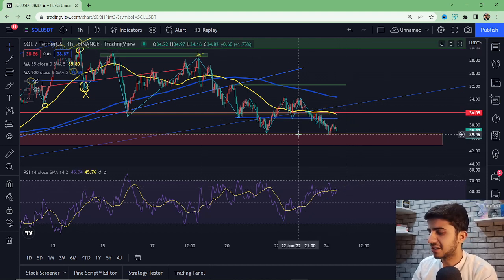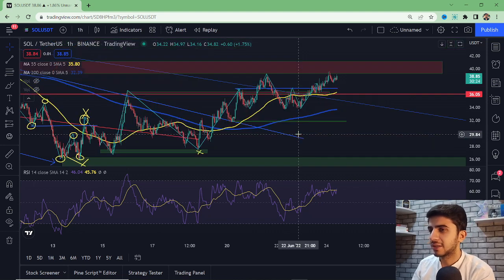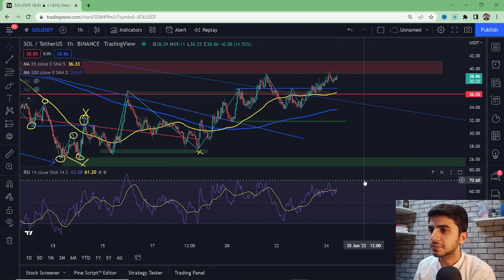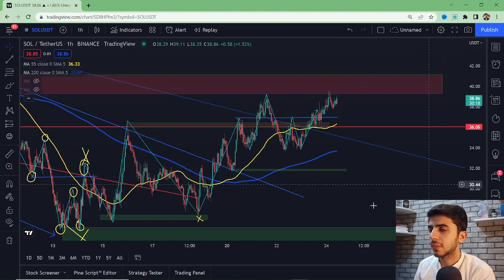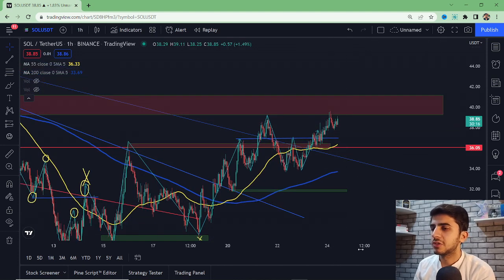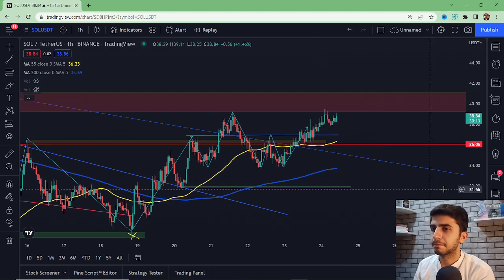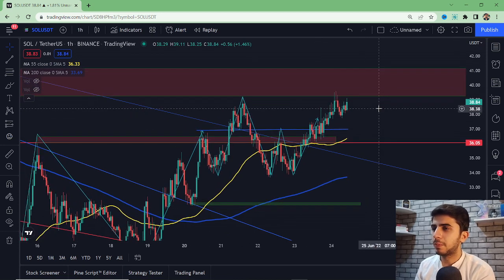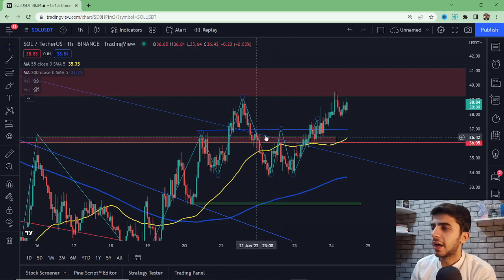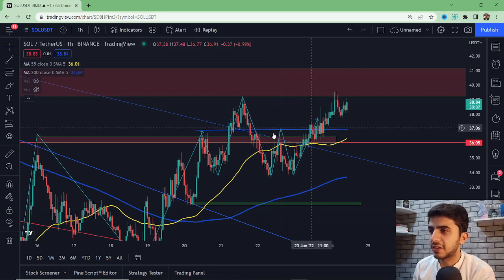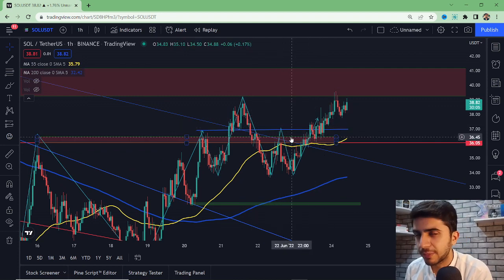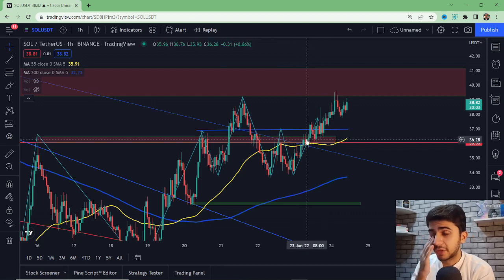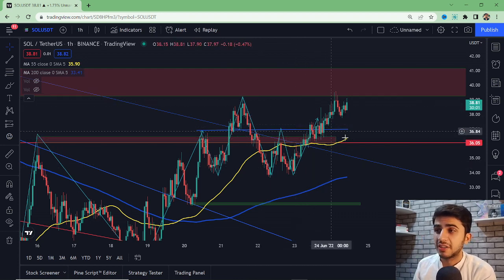So since this chart is inverted, I want to make it like this. So now you see there. Okay, now you can see this. This is creating a double top, and this was your W pattern here yesterday, and I was doing my analysis and I talked about that possibility of this move was very much higher than going down